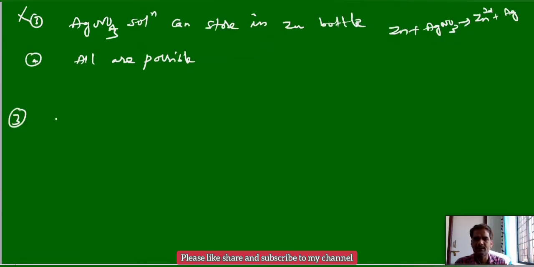And the third application: highly active metals. Generally, elements with less reduction potential values are highly active in nature. Instead of saying reduction potential every time, let me take SRP values. Electrodes with less SRP values are more active in nature, and elements with more SRP values are less active.